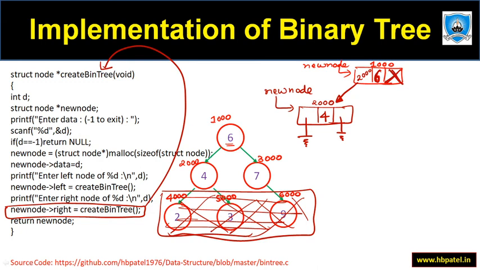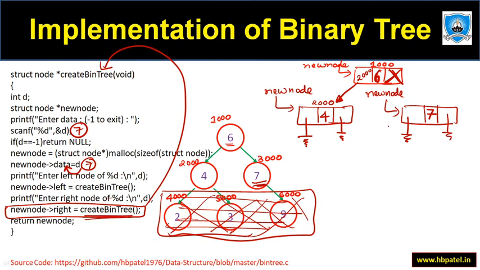Okay, so again it will ask enter the data, and then in this side, suppose you are entering, let's say 7, this particular one. So I'm entering 7. So 7 is not equal to -1, so it will create new node. So again it will create new node, and then I'm going to put this 7 into new node arrow data. So I'm going to put 7 over here, and then check this out, that left side and right side. So again I'll be calling the left, but in left I'll be entering -1, so this will be null. For right also I'll be entering -1, so this will be null, and now it will come back that create